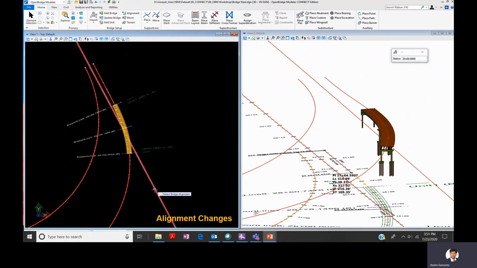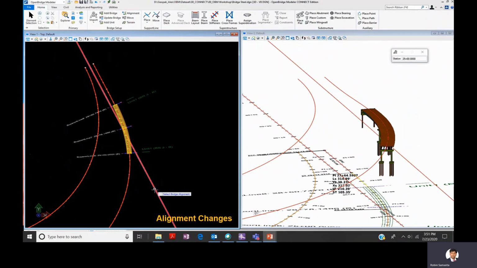If there are changes in the project, you should not restart from the beginning. You should just quickly modify the 3D model, and then correspondingly modify all those other parts immediately, like the drawings, reports, and your analytical model. You just have to rerun the analysis to check the consistency of the design, whatever you had decided earlier.